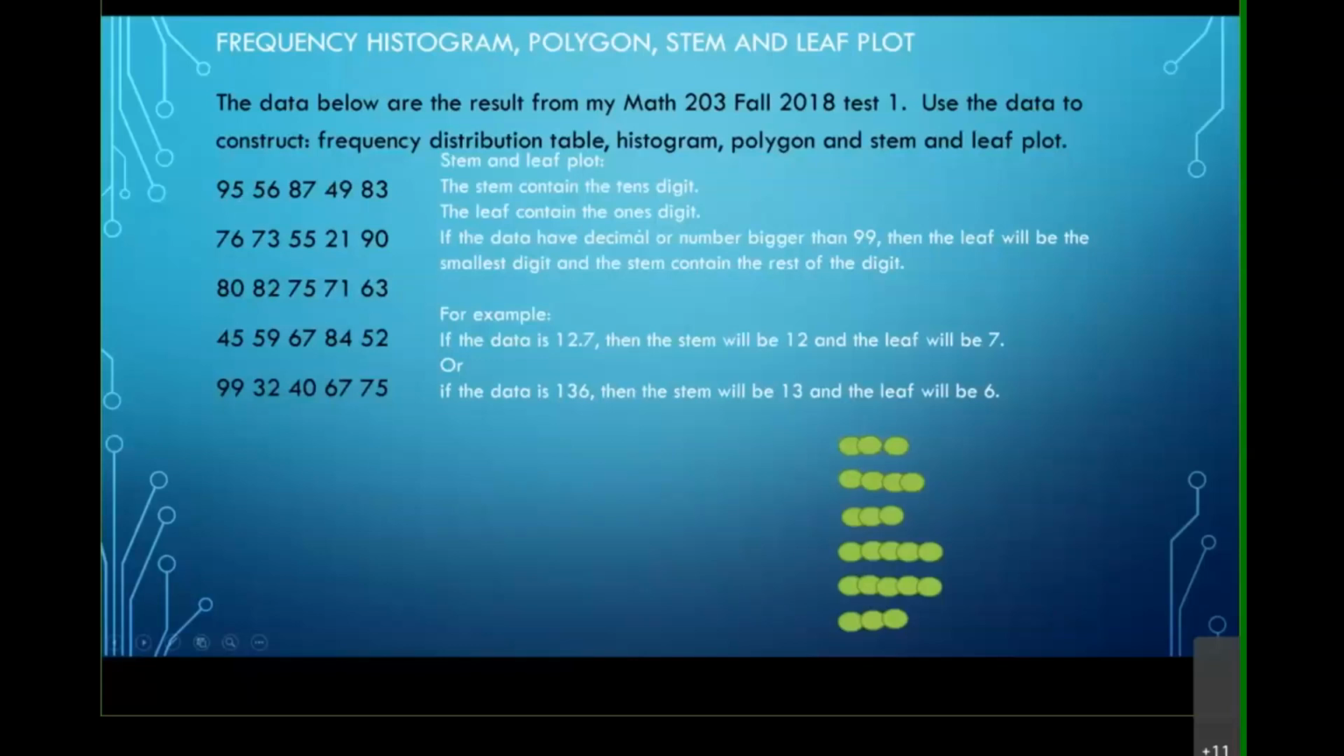Okay? If the data has a decimal or the number is bigger than 99, then the leaf will be the smallest digit you have, and the stem will be the rest of your digits. Meaning, for example, if you have like 12.7, well, the smaller